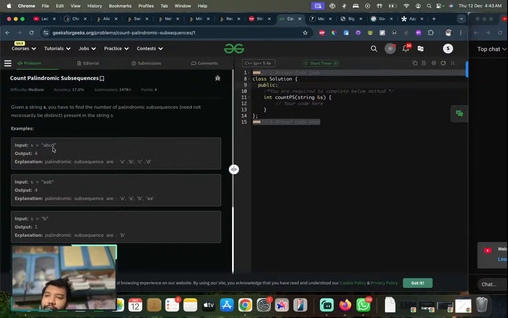Now I can go A. I can check for A and C, but okay, those two are different. I can increase. I can check for A and D also. So how do I do that? That would be a problem. For C also I can do this, but